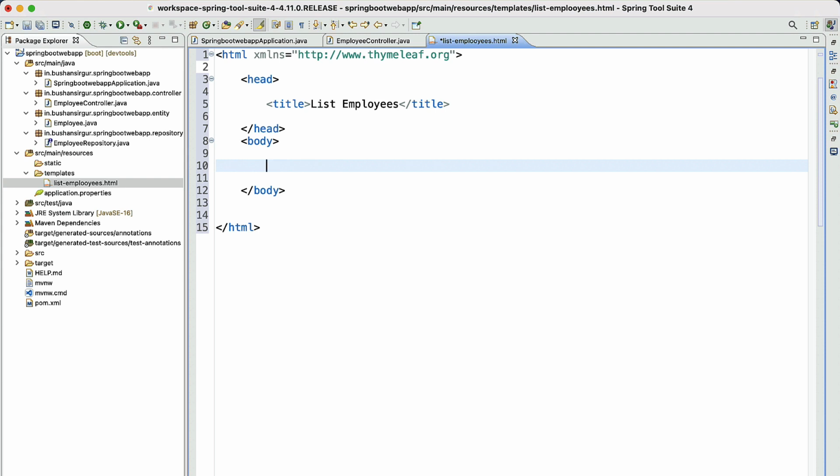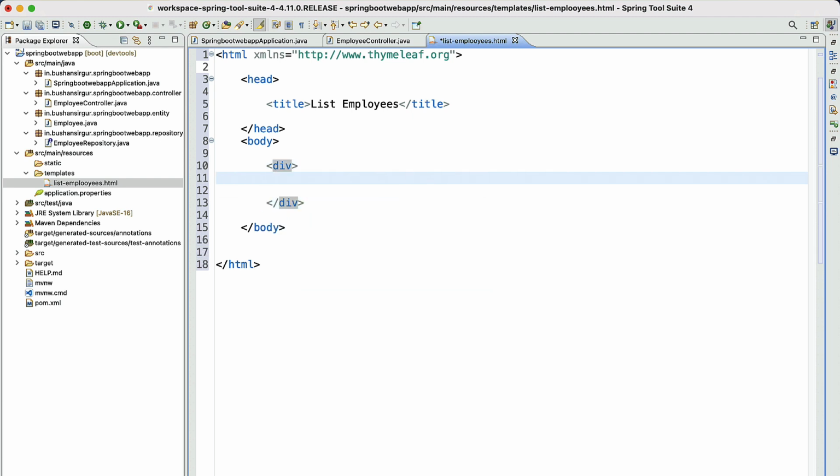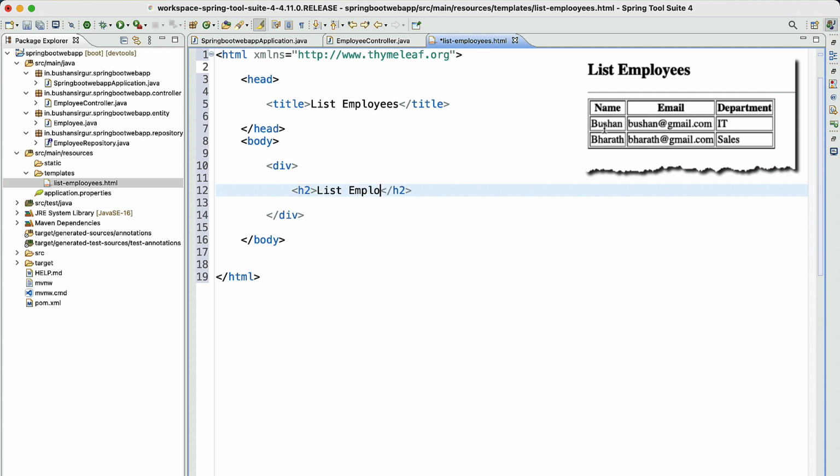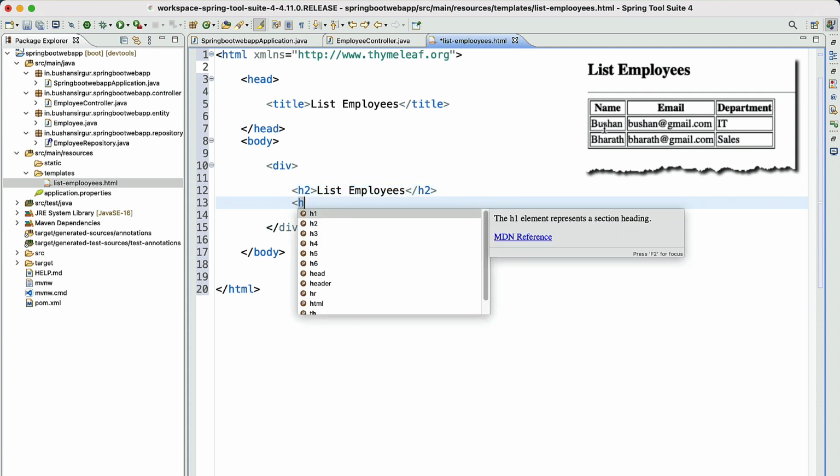Inside the body, let's add a div tag. Inside the div, let's add the h2 element. We will add the text List Employees. Let's add the horizontal line.